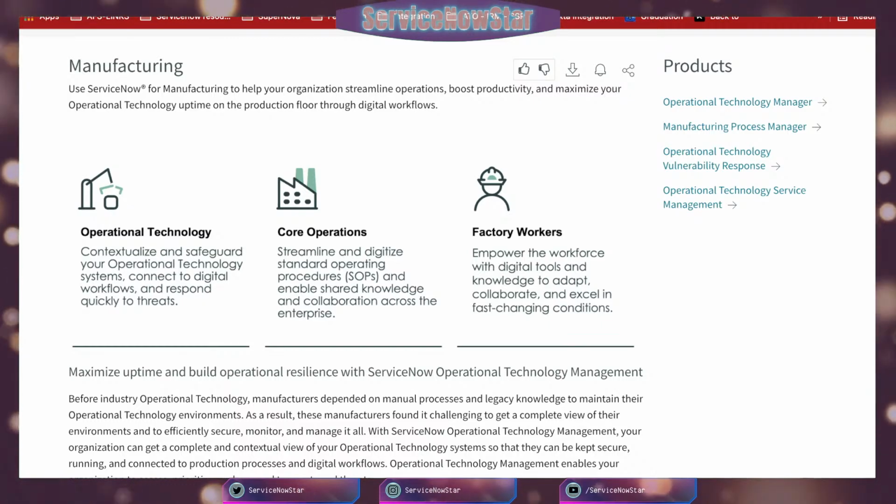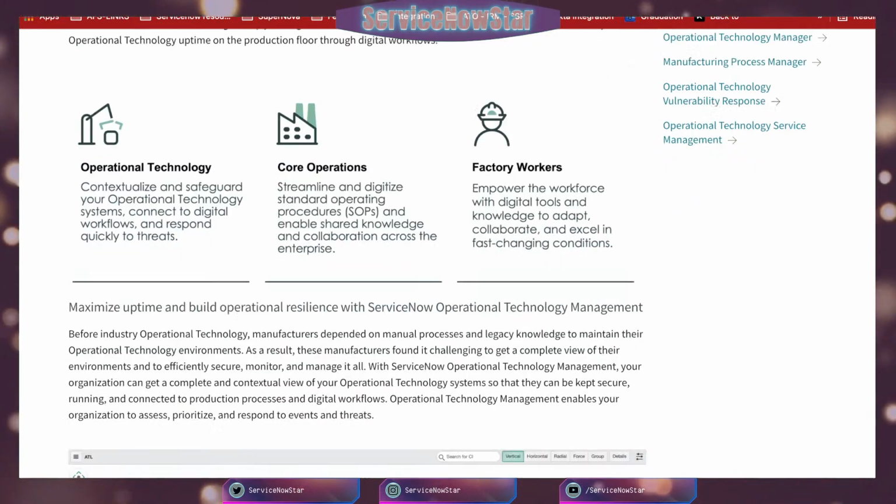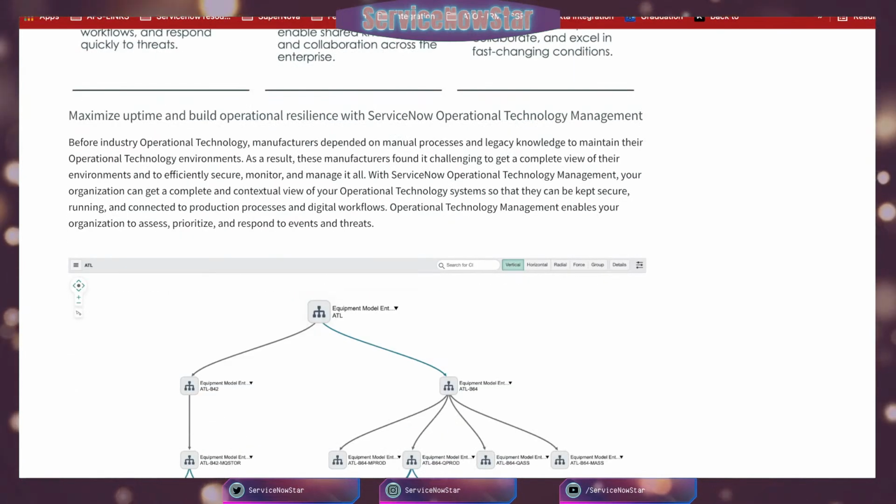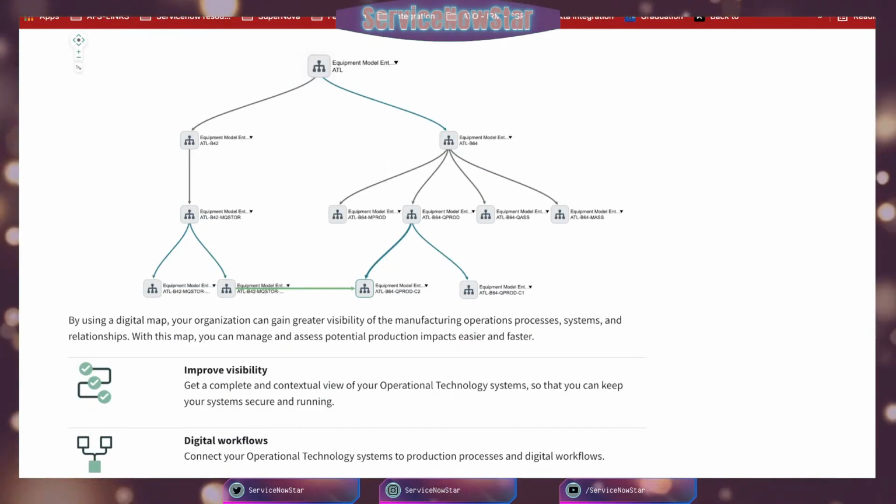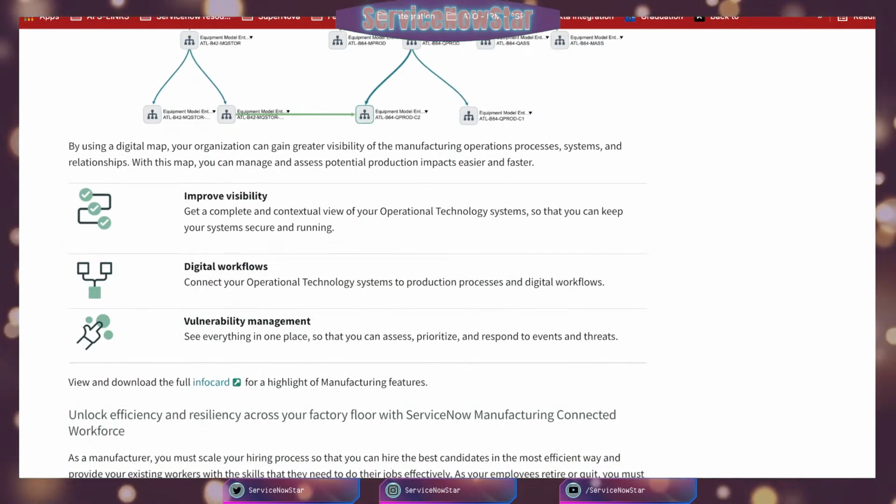All of these benefit from the new ServiceNow San Diego release. This is the digital map of your organization, where you can gain greater visibility of your manufacturing. This helps you improve your visibility,